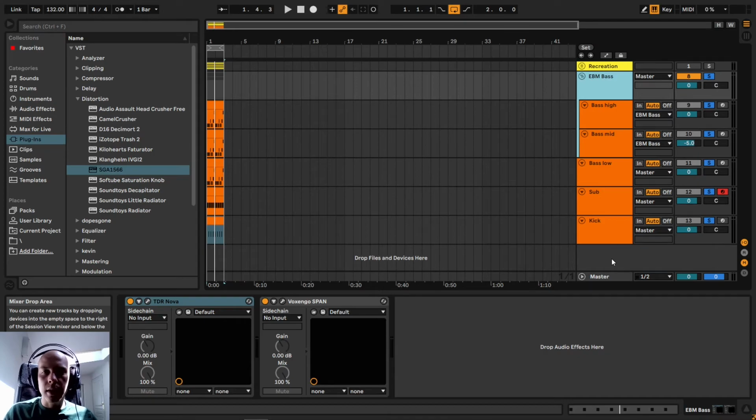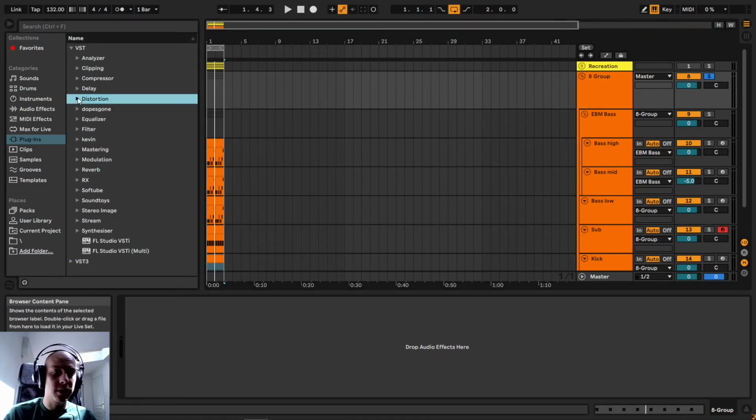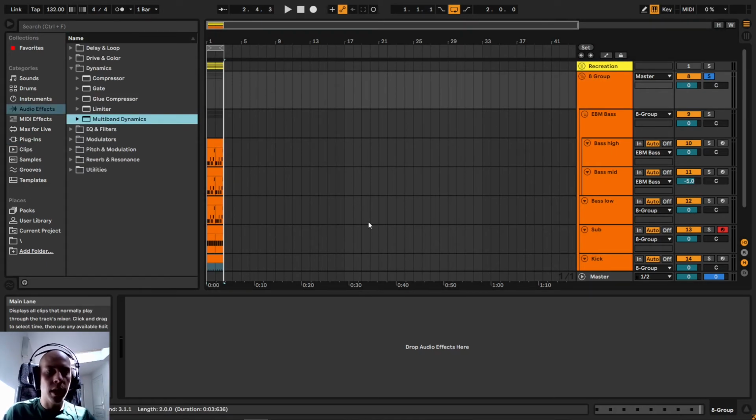The last thing in this tutorial is a group processing all the sounds we have just created. So let's select all the channels and group them with Ctrl+G buttons. I want to use on the whole group a multiband compressor. The sound coming from the kick and bass is rather dull.